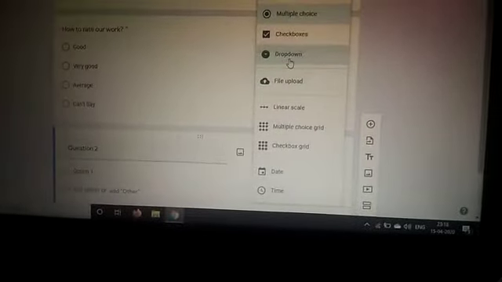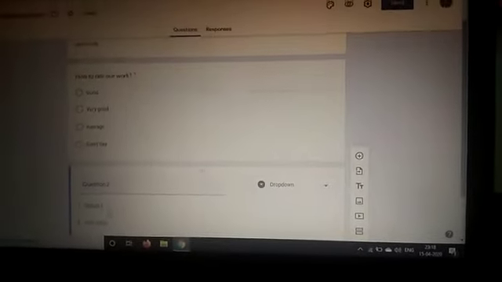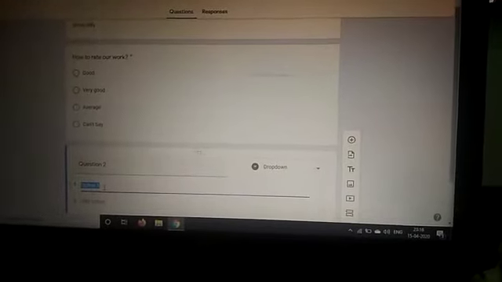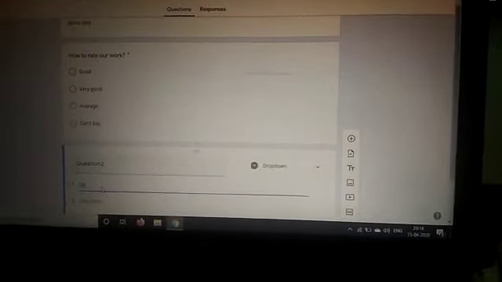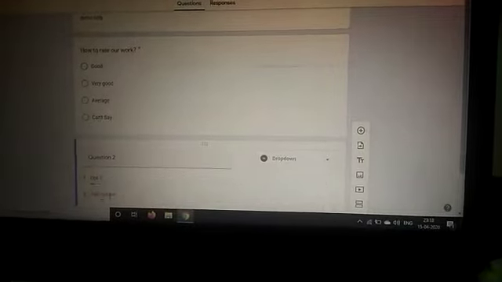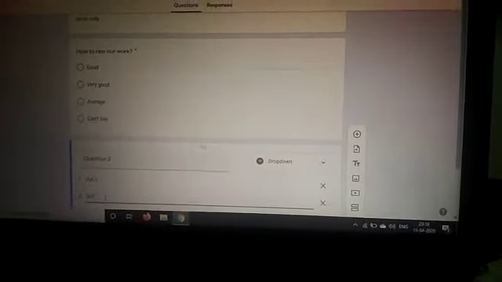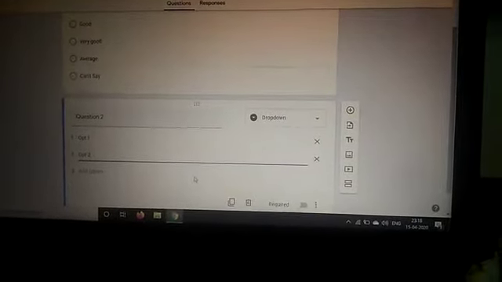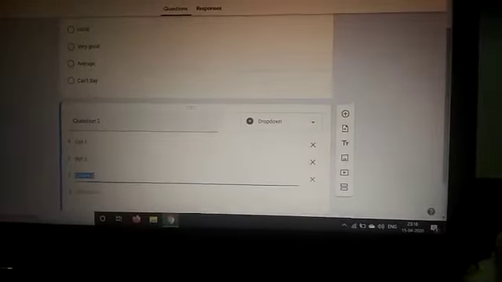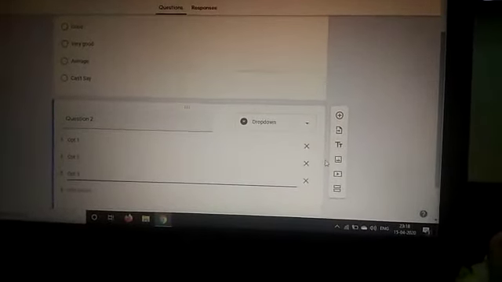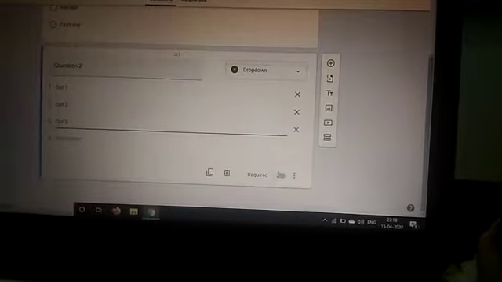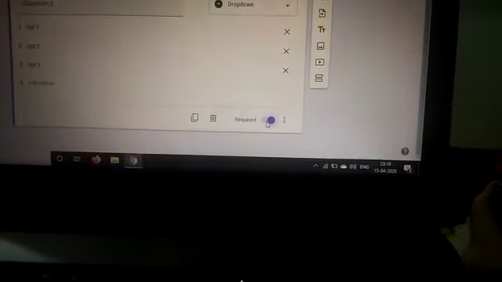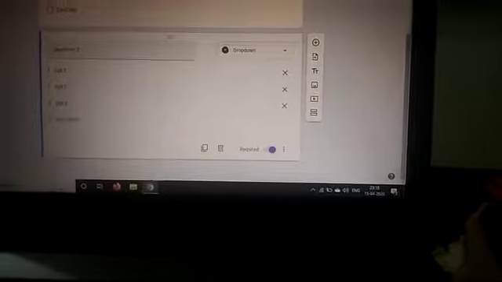This time I want to make a question with a drop down menu like option 1, option 2, option 3. Just click on the required button if you want this question made compulsory. From this drop down menu you can select the question types as you want.